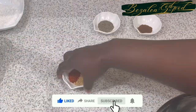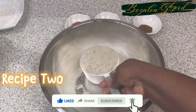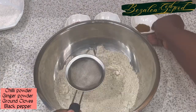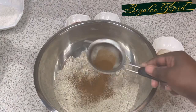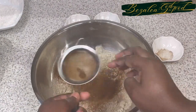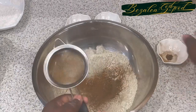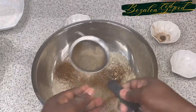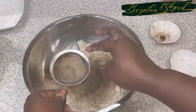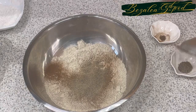Okay? So yes, now for the second recipe, you need some millet flour. Millet flour, and you add your spices. So these are the spices. I'm adding some ground cloves, ground chili, ground ginger, and then black pepper. Okay, and I'm sieving them first because they can have little particles, which I don't want in my fula,